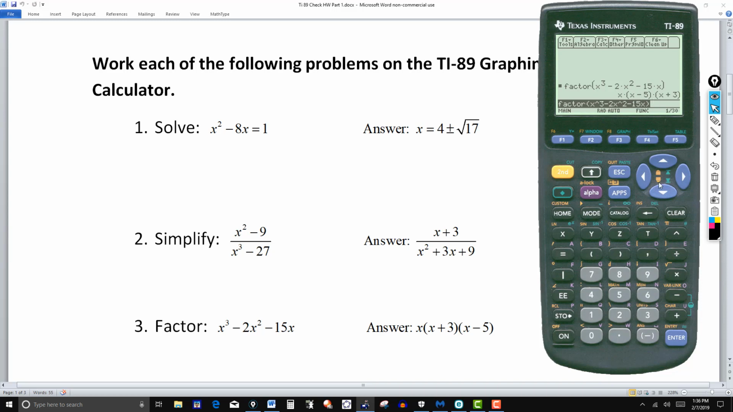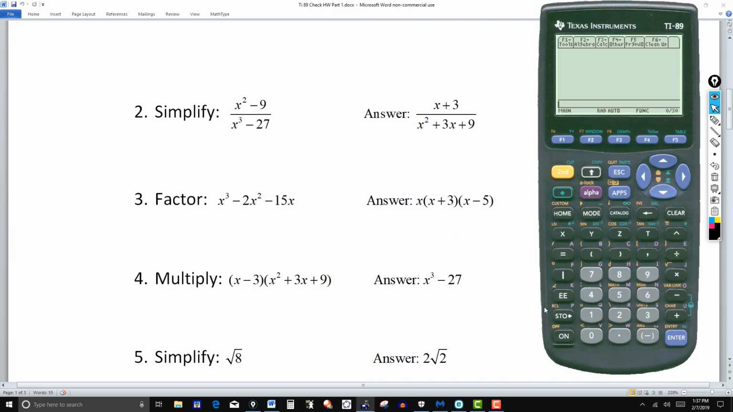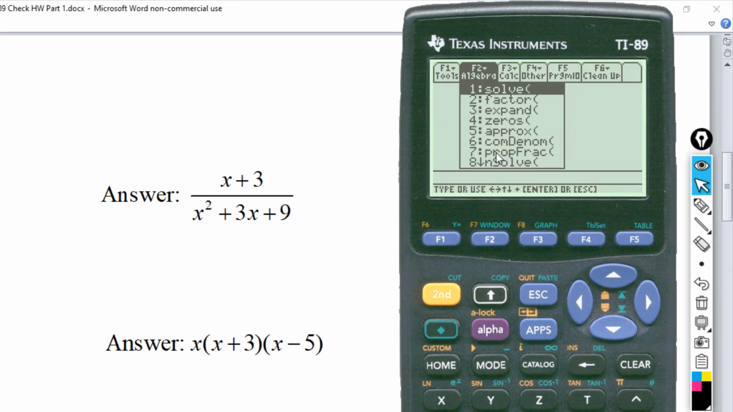Now if I hit F1, 8 clears the home screen, so I hit 8 here. Okay, the entry screen is still there, so I can just clear. Okay, now here I want to multiply this out. So I go to F2, and here I want to expand. So number 3, hit 3,